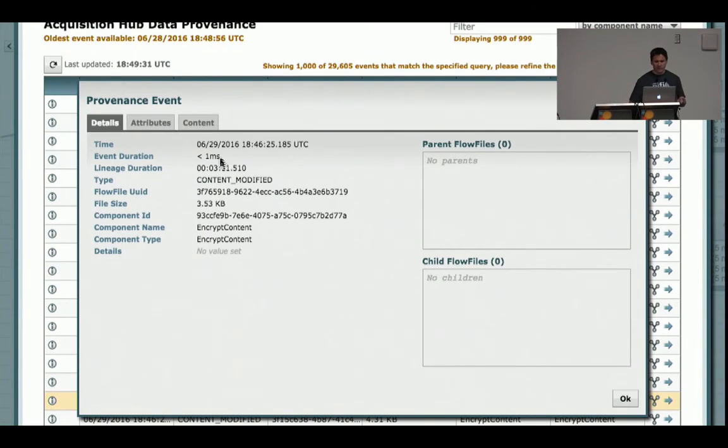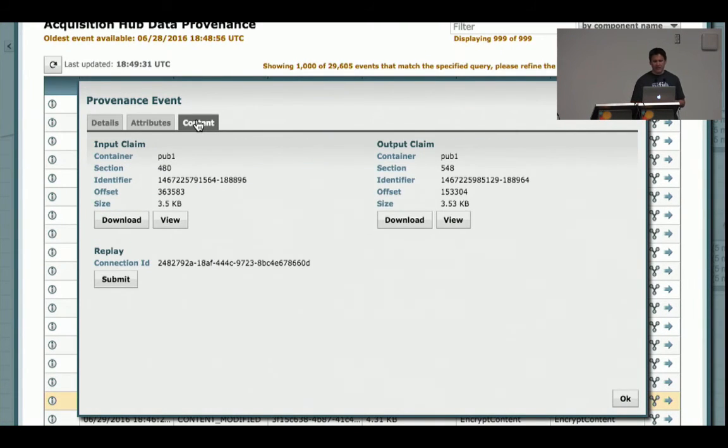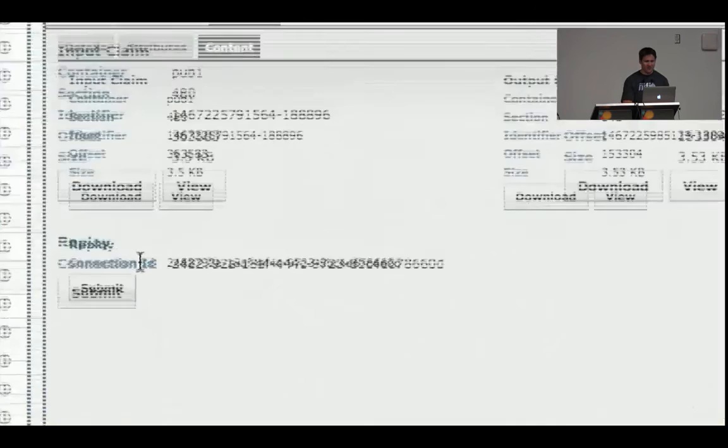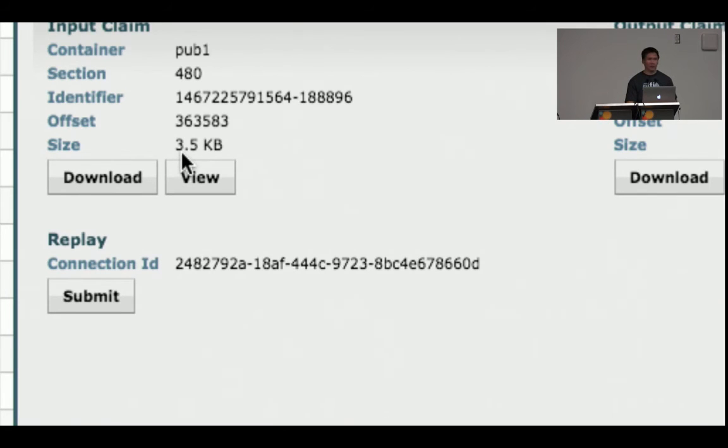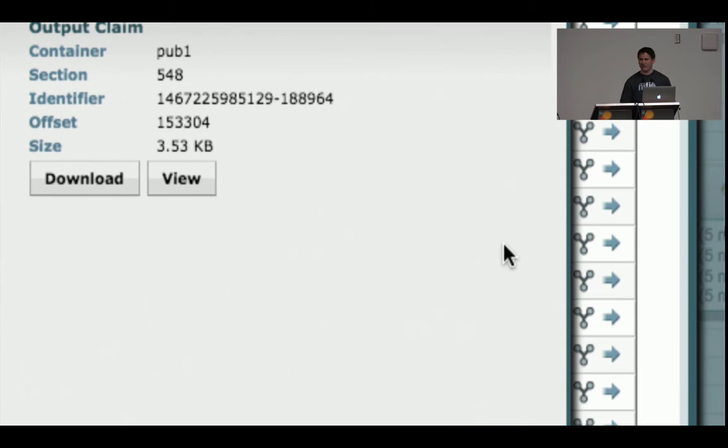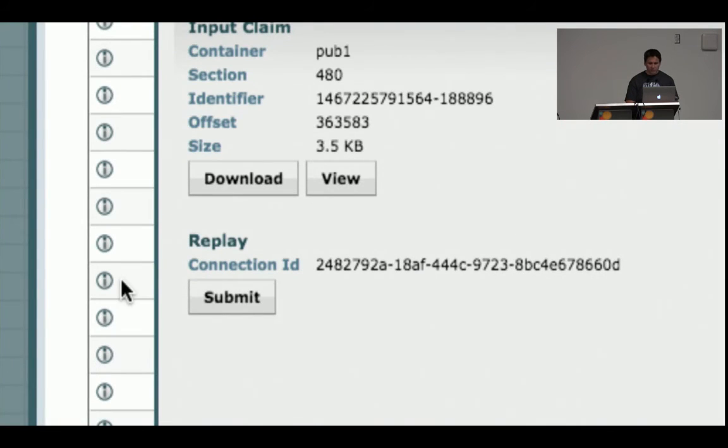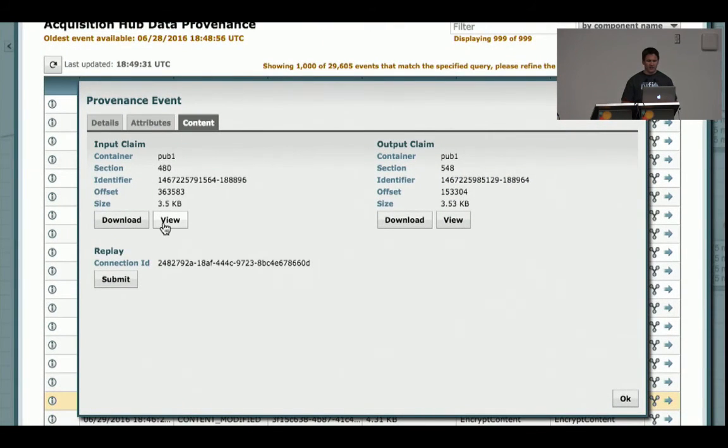So let me look at one of these events. In this case, I can look at the content. Remember before I talked about those input claims and output claims? Well, in this case, I'll see that my initial content that came in was about 3.5 kilobytes, and the one that went out was 3.53, right? I'm adding a little bit of noise to the system here to encrypt that information. So let's do one better, though. Let's see what this was looking like when I was coming in before I made my changes. So if I hit view on this content,